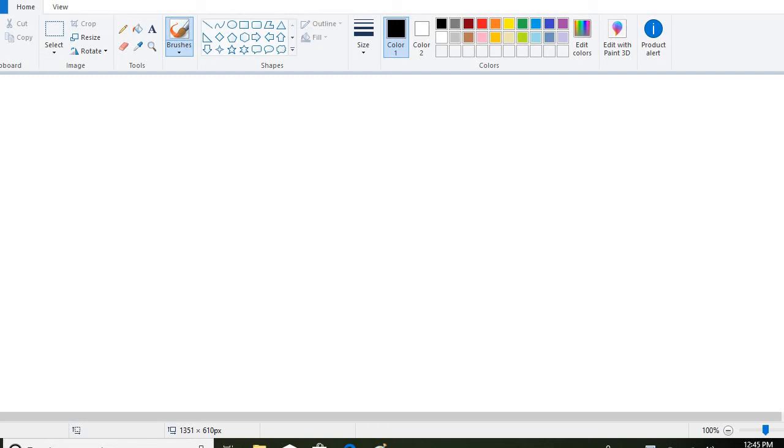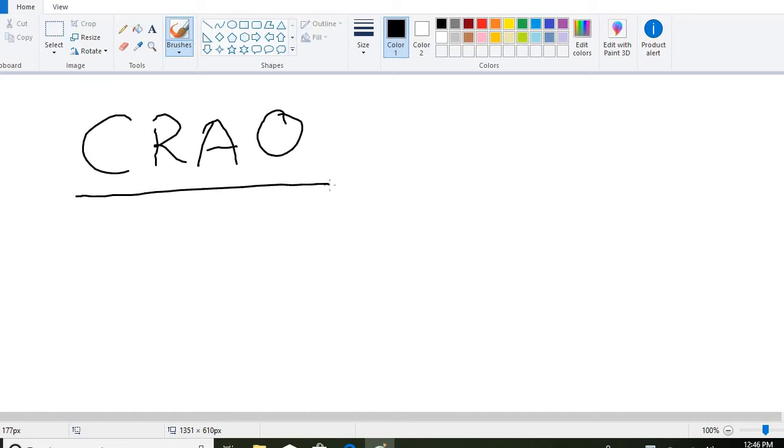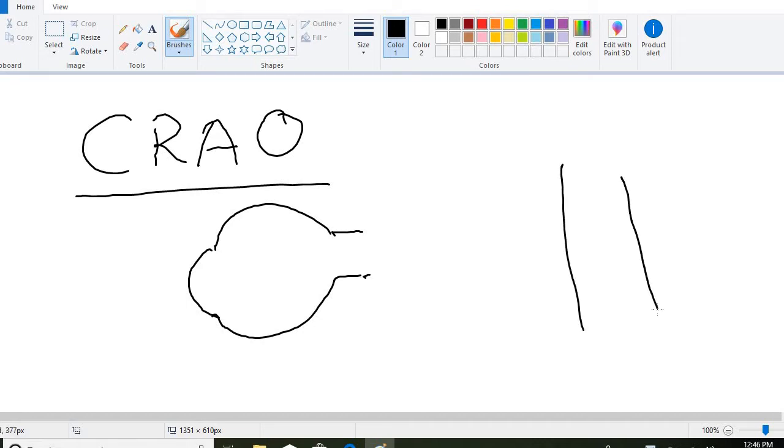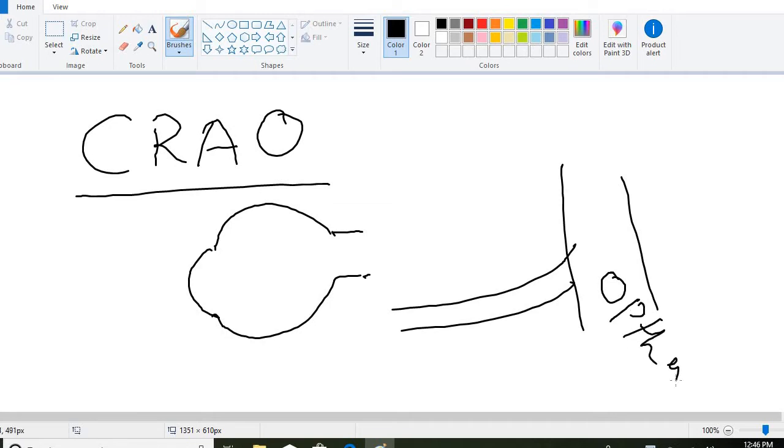Okay, so now we are going to discuss central retinal artery occlusion. As I already mentioned, the eyeball has arterial supply from the ophthalmic artery. The ophthalmic artery gives its branch, known as the central retinal artery. When this central retinal artery becomes occluded, the condition is known as central retinal artery occlusion.